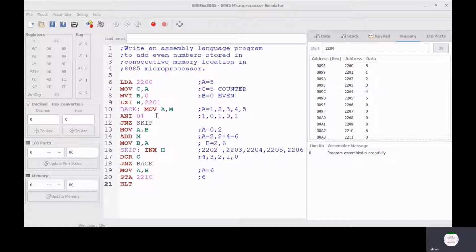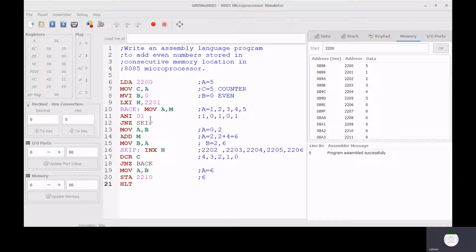Now the next instruction is MOV A, M. M is the memory. We take the content from memory and store it in the accumulator. ANI 01 means we AND the immediate value 01 with the accumulator content and observe the result of ANDing this 01 with the accumulator content.